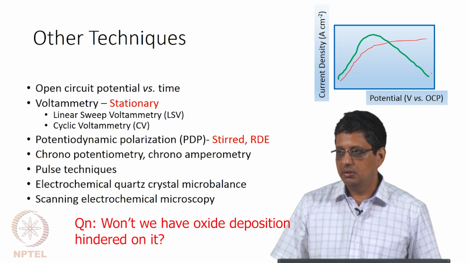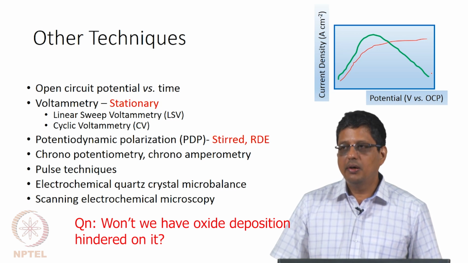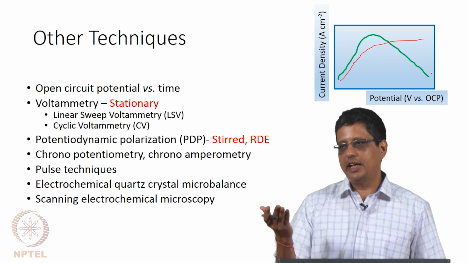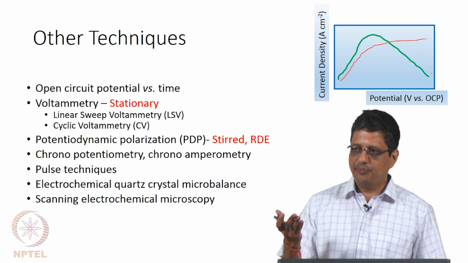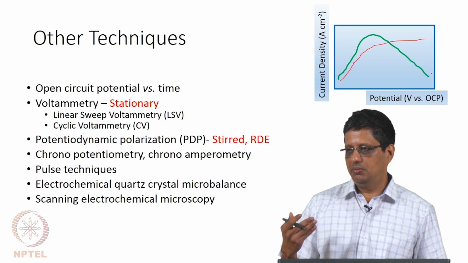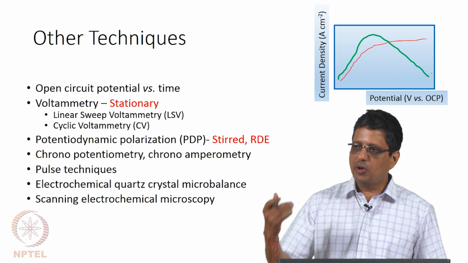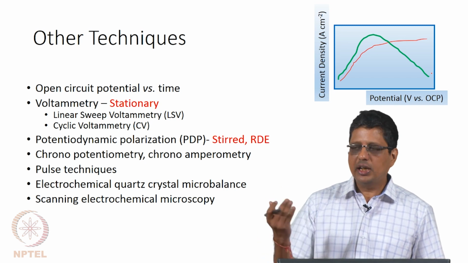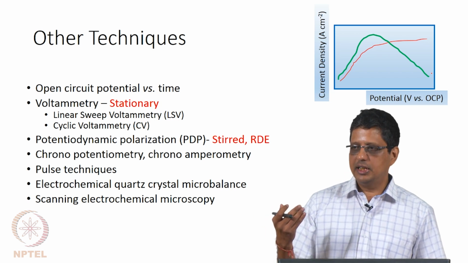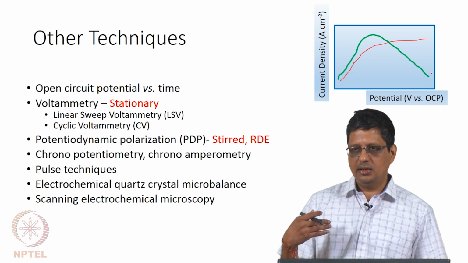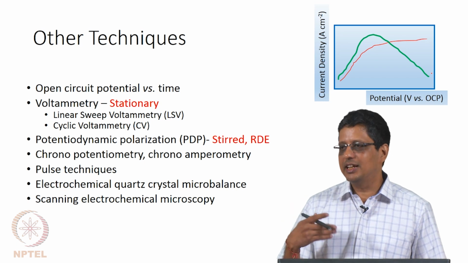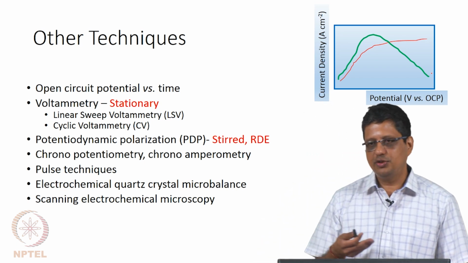Won't oxide deposition be hindered on it? Oxidation of the electrode, for example, if you have titanium, and it is put in HF solution, titanium will get oxidized by water and form TiO2. And if you rotate it, more and more water and HF will come near this. Water is anyway going to be present all the time. So, oxidation can happen because of water, oxidation can happen because of dissolved oxygen. You may have some other oxidizing agent in the solution. I do not have to assume that the oxidation will get hindered because of rotation. Depends on the situation actually.